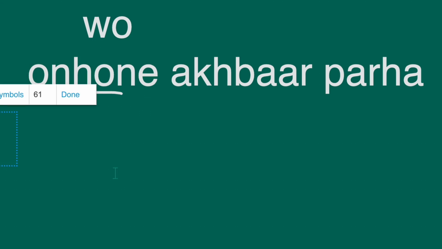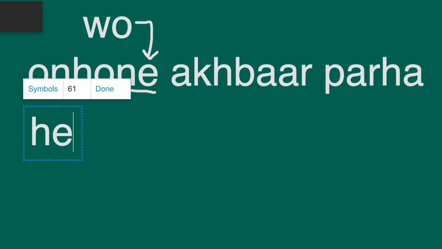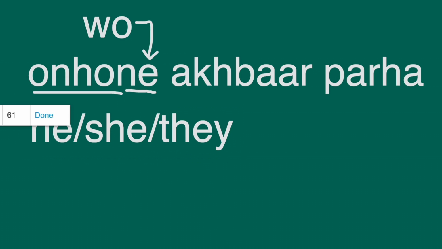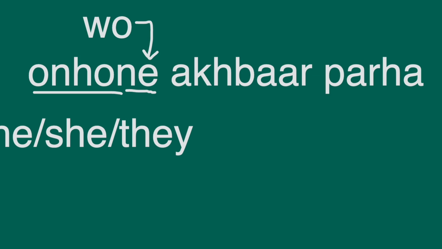Unho. Instead of saying wo, which is usually he, right? Wo and ye is he. But when there is a particle ne, it changes into unho. Unhone means he, she and they. It can be all of these three because in this sentence the gender of the subject is not specified. We don't know who is talking because the ending of the verb depends on the object of the sentence, which